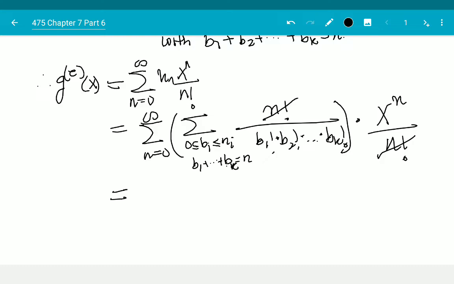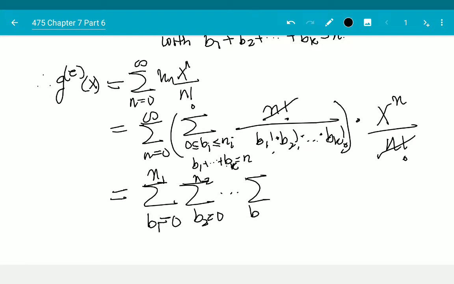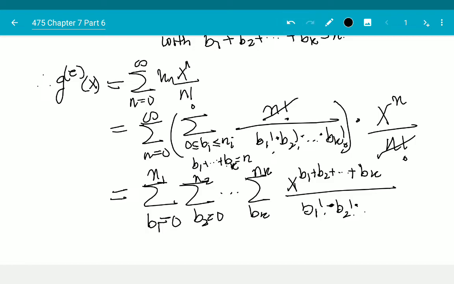Well, you have seen this before, that this is exactly saying I am looking at the summation, well, what are the possible values? b1 goes from 0 to n1, b2 goes from 0 to n2, dot dot dot, bk goes from 0 to nk, of x to the b1 plus b2 plus dot dot dot all the way up to bk over b1 factorial multiplied by b2 factorial multiplied by dot dot dot multiplied by bk factorial. Whew, not super pleasant, but